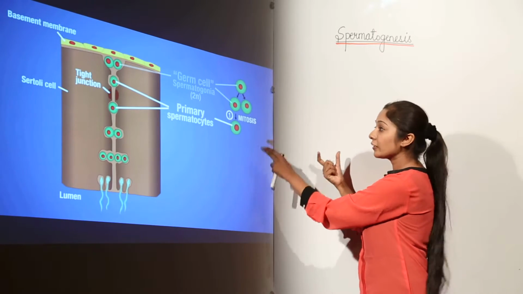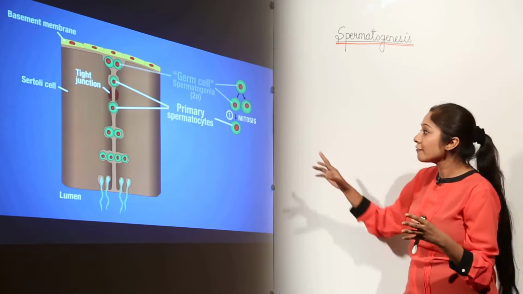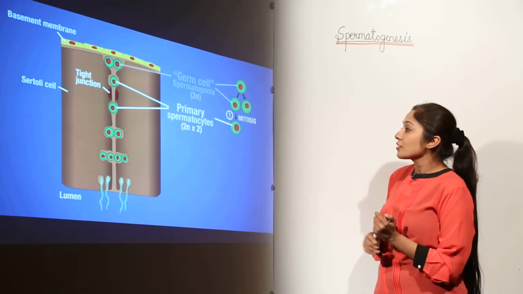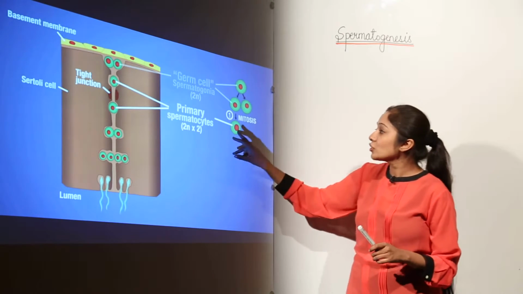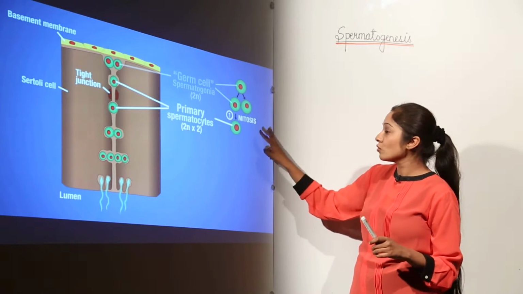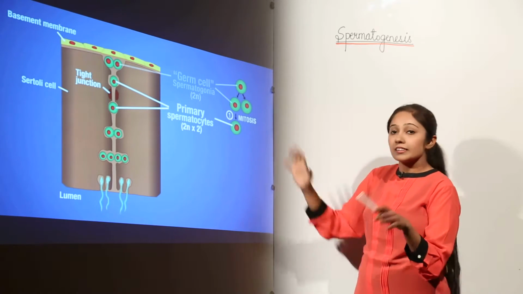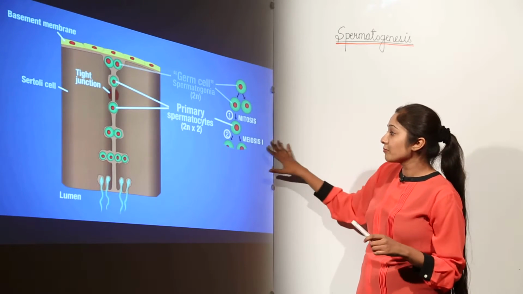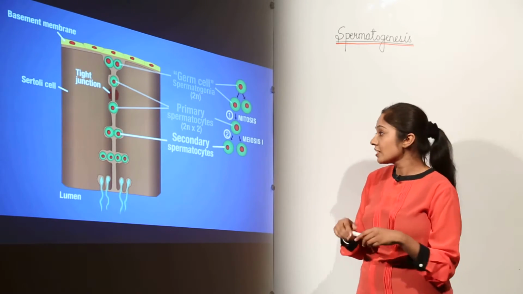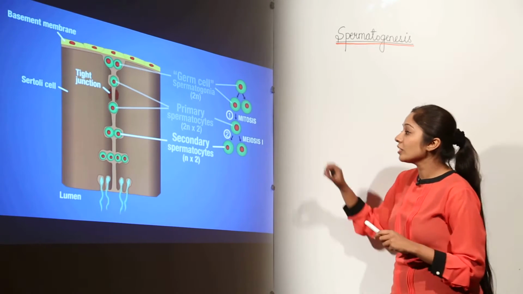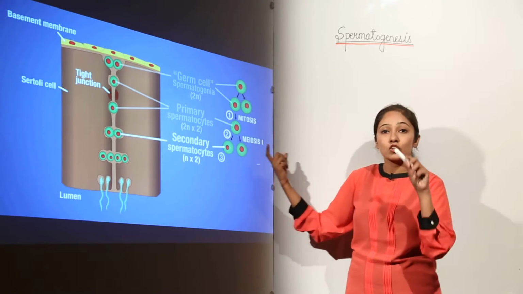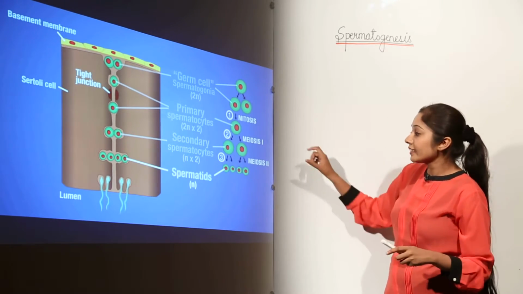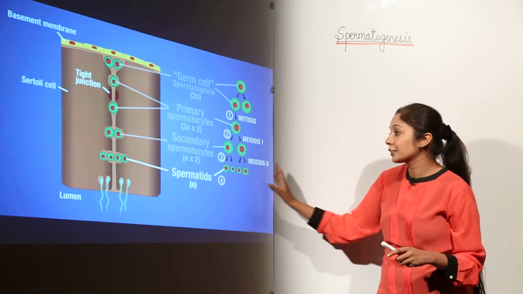These primary spermatocytes also are diploid, means they have the original number of chromosomes, not the half number of chromosomes. So they also have now 2n. So we'll have two cells over here which have the same number, that is 46 chromosomes each. After meiosis 1, which is a reductional division, we have secondary spermatocytes. During meiosis 1, what happens? The chromosome number is reduced to half. So now these cells will have half the number of chromosomes. Then meiosis 2 will produce haploid spermatids.